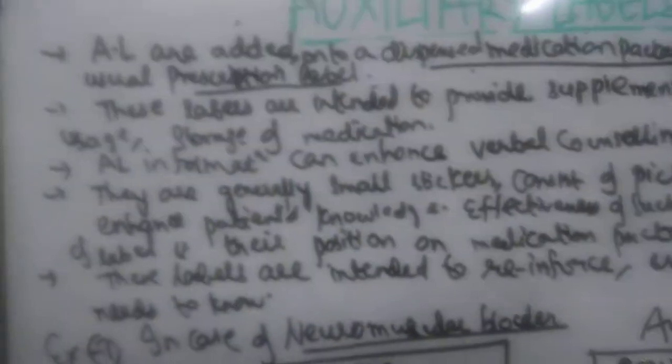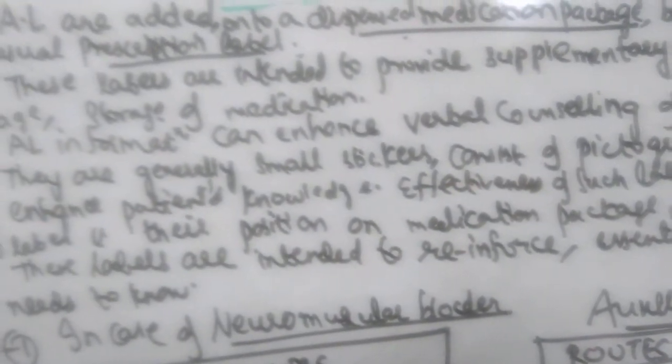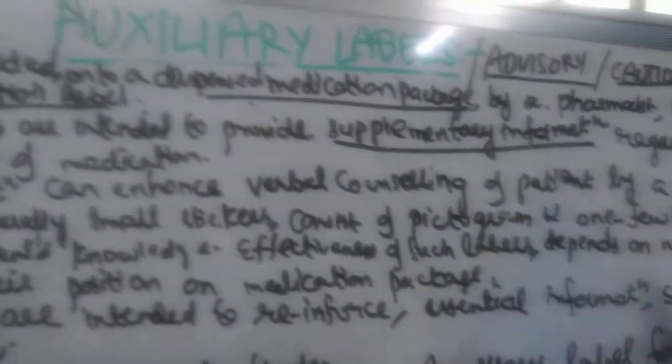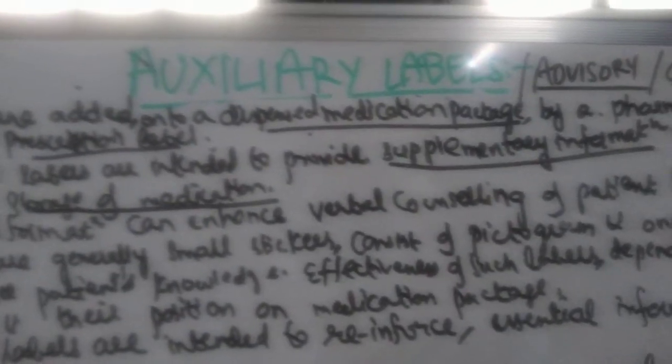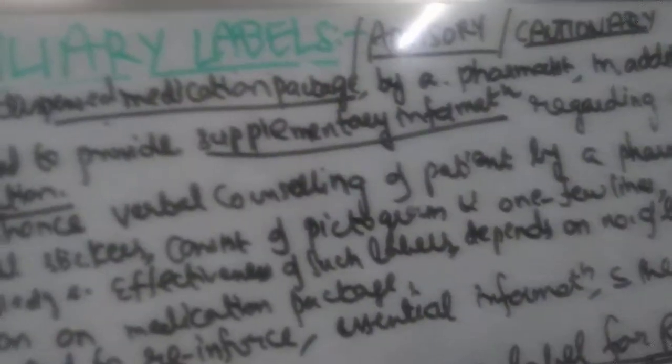So auxiliary labels are those which are added to a dispensed medication package by a pharmacist in addition to the usual prescription label. So what is the purpose, why are they adding it, and what is he meant to indicate by adding this? These labels are mainly intended to provide supplementary information regarding safe administration, usage and storage of medication. This information is provided to you right from when you give the prescription to the pharmacist. He will give you this information even during patient counseling,